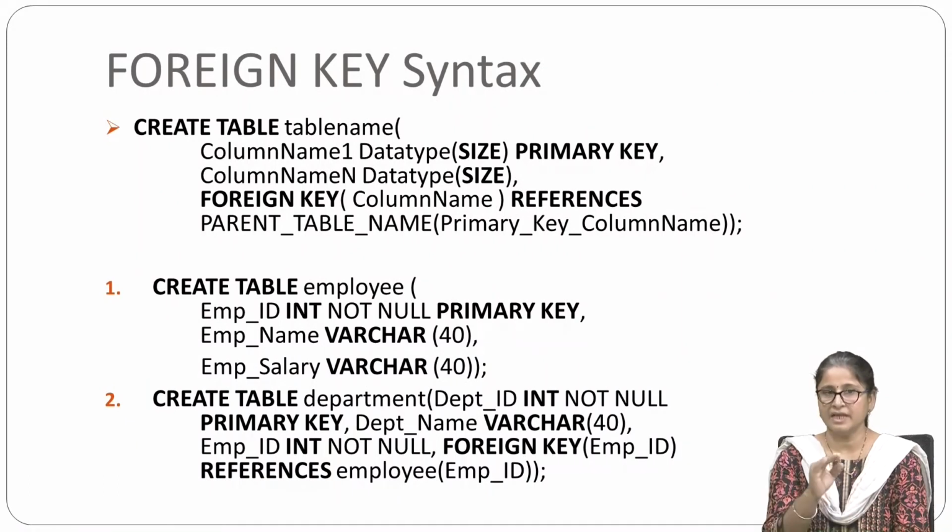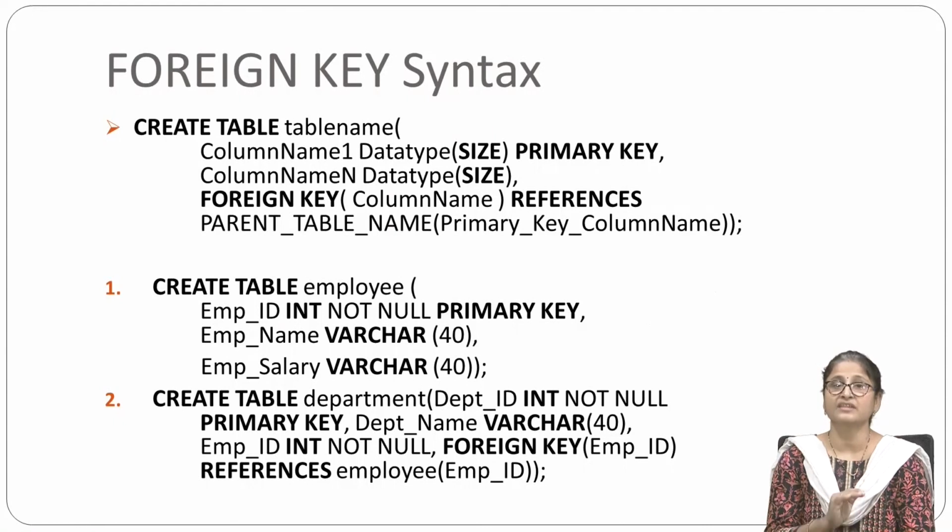There are two tables, employee and below it department. Employee ID is the primary key in the employee table and employee ID is the foreign key in the department table. As you can see, employee ID is the primary key, while department ID is the primary key in the department table, but these two tables are related. So we have to specify the employee ID in the department table as a foreign key.